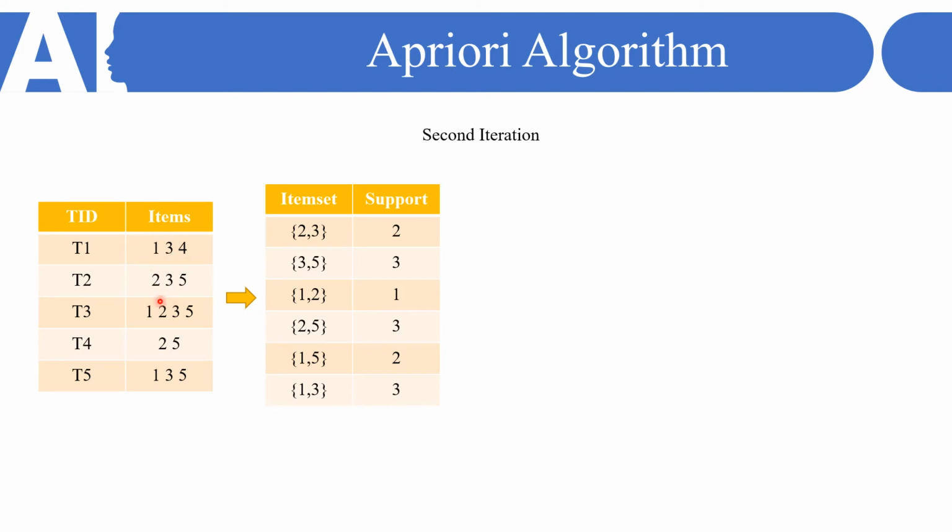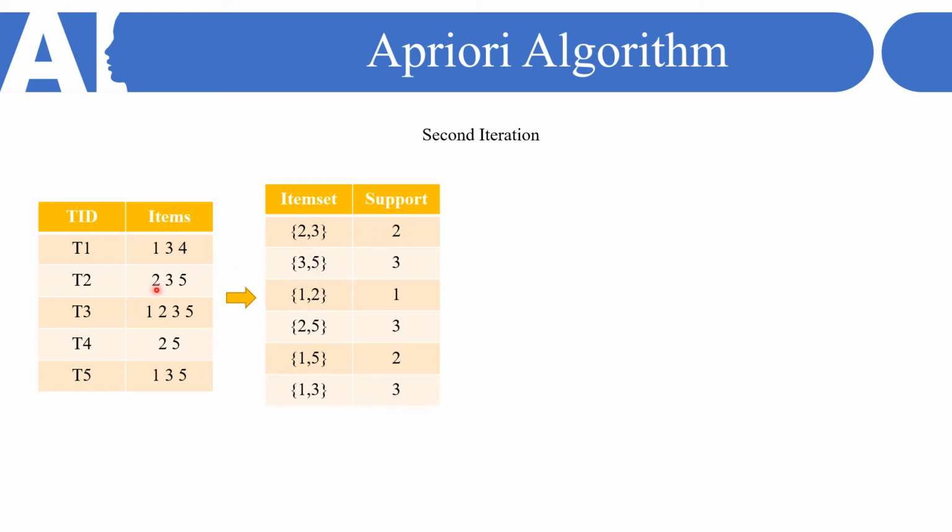But I will start with transaction T2, where we have 2 3, then 3 5, and then 2 5. So 2 5 is used here. Then we have 1 2, then 2 3, which is again used here. Then 3 5, then 2 5 again, then 1 3 here, then 3 5, which is already there, and 1 5. So like this, if we calculate the combinations of two items, then the second and third items were purchased two times.